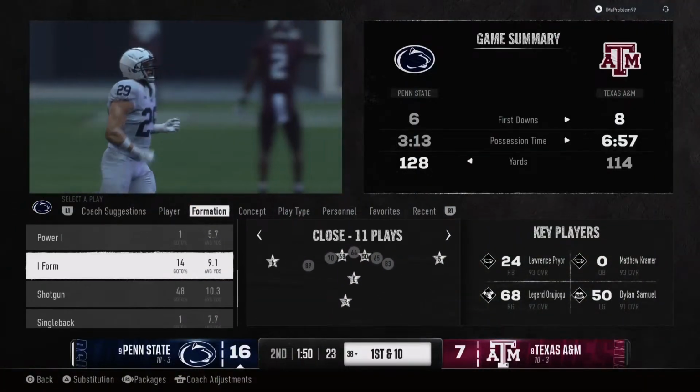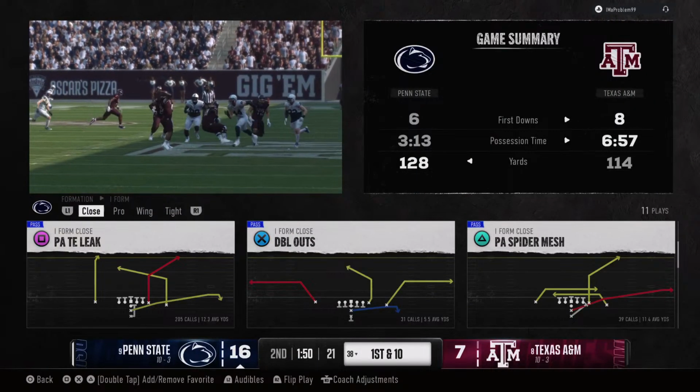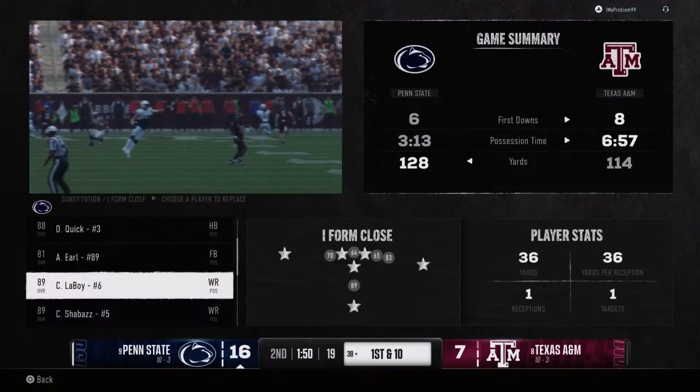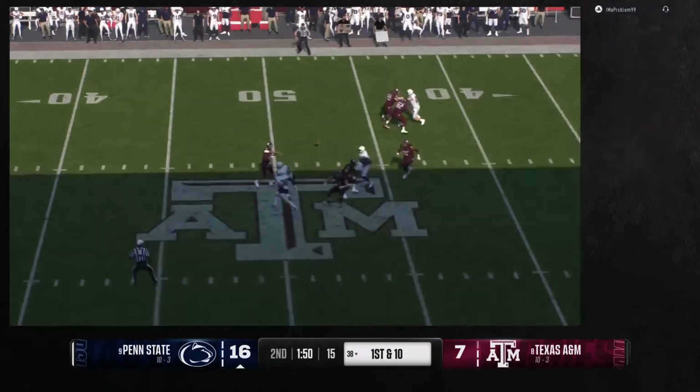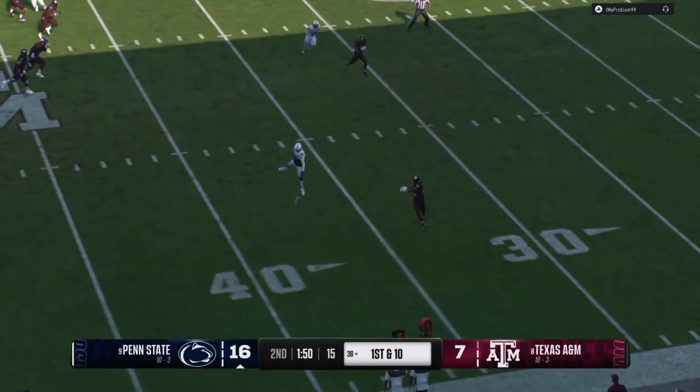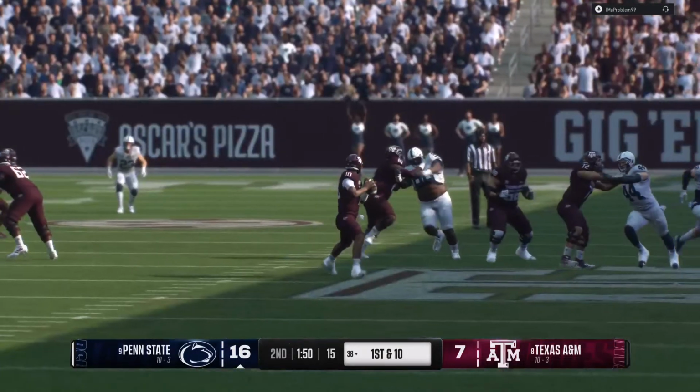What a stop. This is the chance you take here as an offensive coordinator and a play caller. You go for it here. You draw it up perfectly. You think this is the right play, and then the execution is not there. So the defense catches a break, and they get the ball back to their own offense.